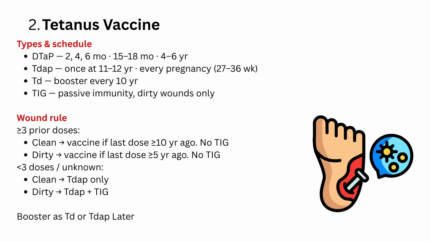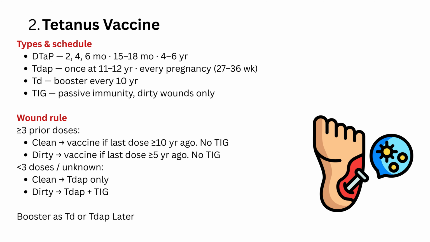Now tetanus immunoglobulin, TIG, is not a vaccine. It provides passive immunity and is only used in dirty wounds when vaccination history is incomplete or unknown. Now let's apply the wound management rules. If the patient has 3 or more prior doses of tetanus vaccine, then for a clean wound, you only give a vaccine if the last dose was 10 or more years ago, and no TIG is needed. For a dirty wound, you give a vaccine if the last dose was 5 or more years ago, and still